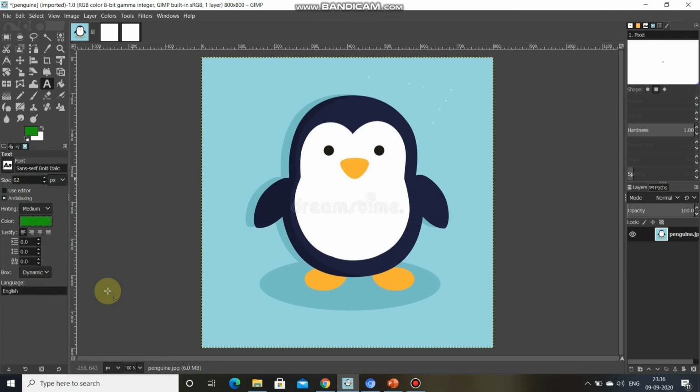We have chosen the font style, color, this is coming in the pixels, so 62 pixel. If we want to increase, we can increase by pressing from here. Can you see, these are the two options. We can just increase the size also. 71 I have chosen.